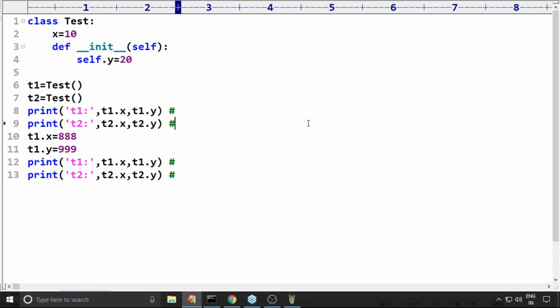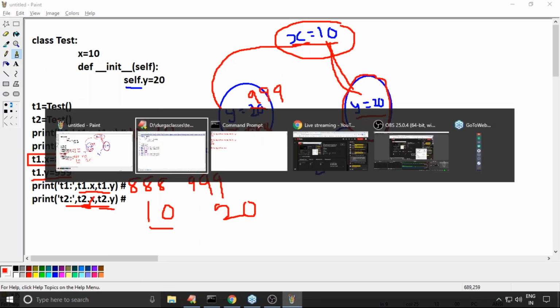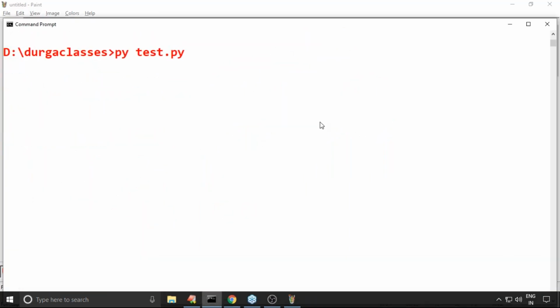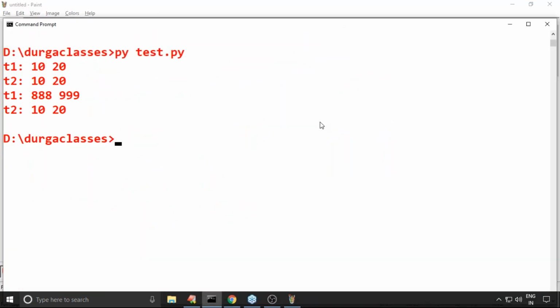Let me execute this code. Still some people may not believe my explanation. Here, see this one. Any doubt? When I started the first time in the first batch, friends, my explanation was always Java based, because I'm coming from a Java background, right? Then here the behavior is completely different. Why the outputs were coming, I didn't get that day.